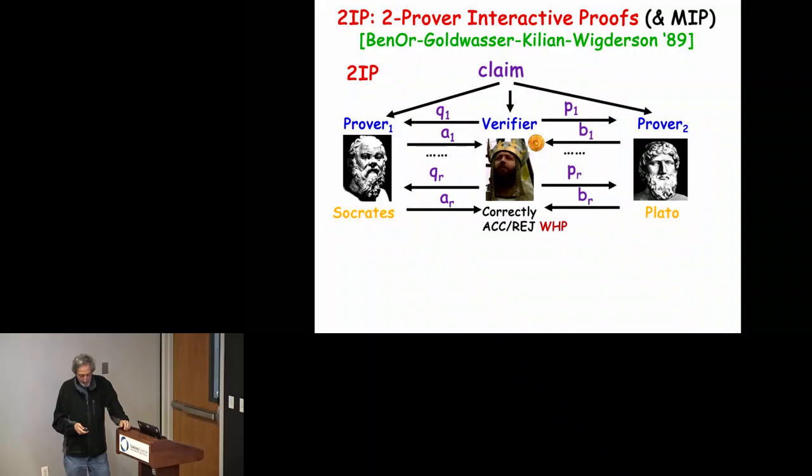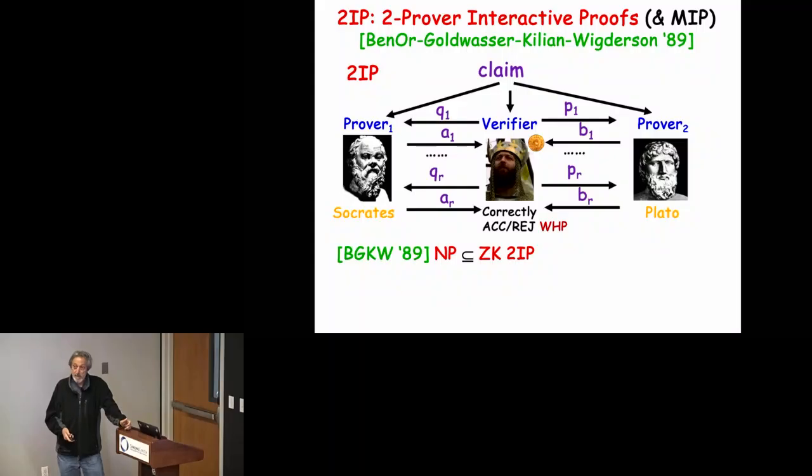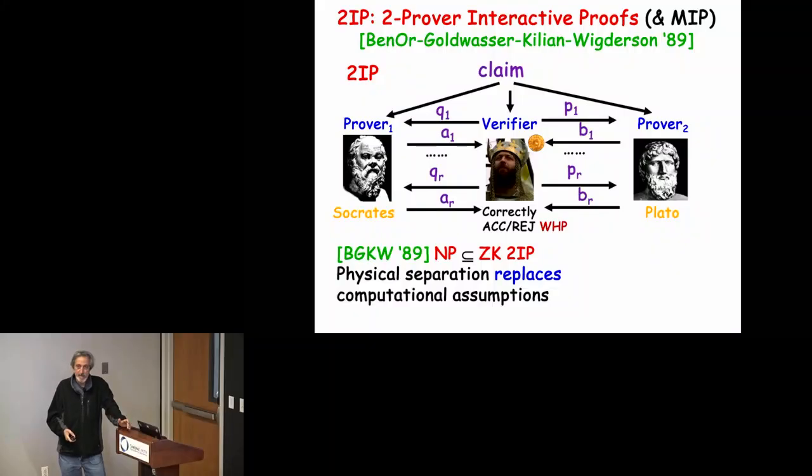Right, so that's a model. And what we were able to prove about it is that here zero knowledge can be obtained without any assumptions. So in some sense, what's really happening is this physical separation of the provers replaces this computational assumption of cryptography. I'm not going into explaining it more, but that's roughly what happens. Anyway, it's a new model, and you can ask, like before, whether it's a reasonable model.